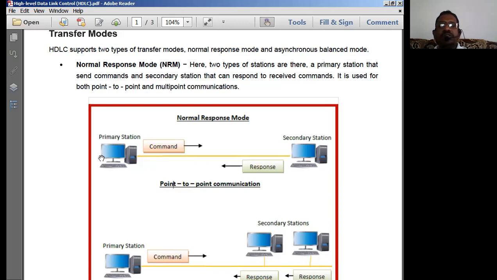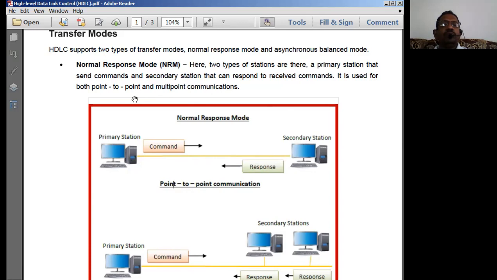If the primary asks for the speed of the secondary system, it sends the speed to the primary. Based on the command given by the primary station, the secondary station gives the appropriate response.